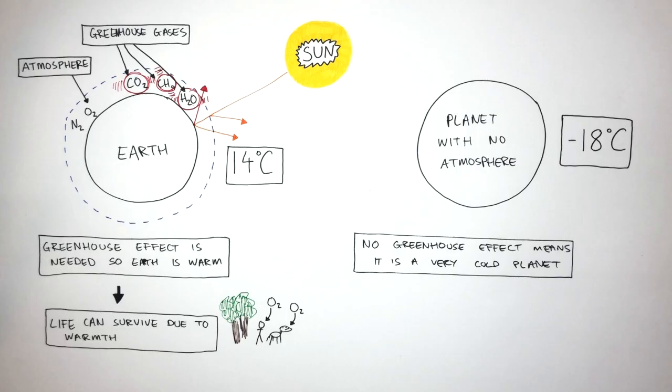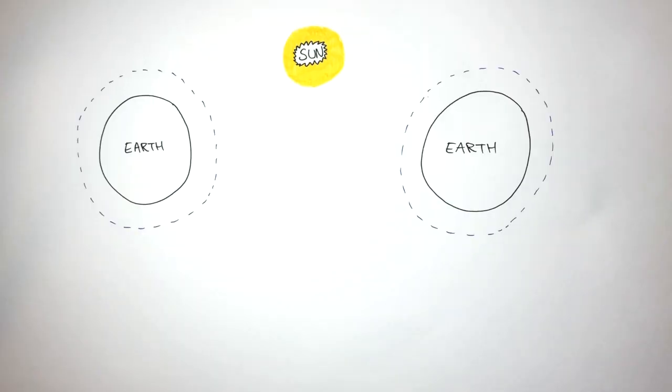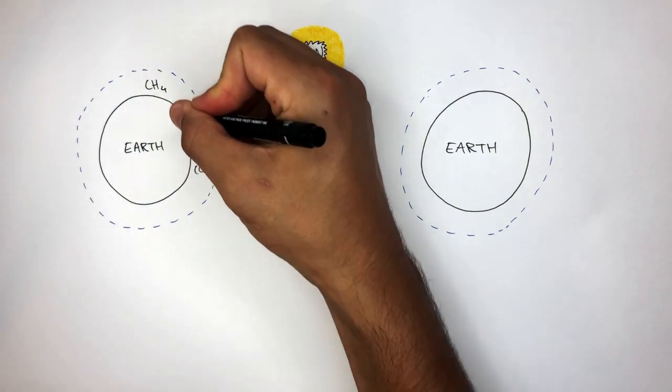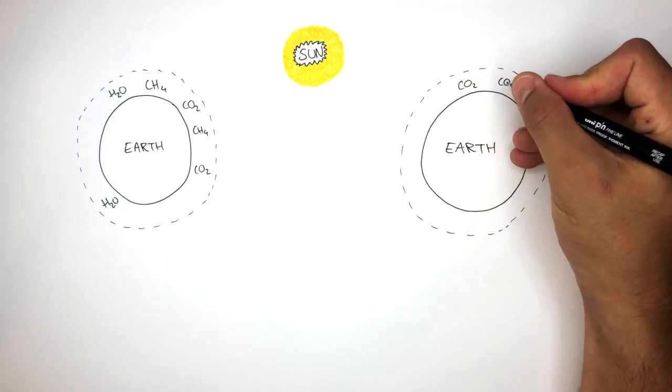Now we've established what the greenhouse effect is, let's now understand the difference between the greenhouse effect and global warming. To do this, I'm drawing a diagram of a sun, and here we have two diagrams of an Earth, on the left and on the right, showing the atmosphere. Now in the atmosphere on the left, we have fewer greenhouse gases, whereas in the atmosphere on the right, we